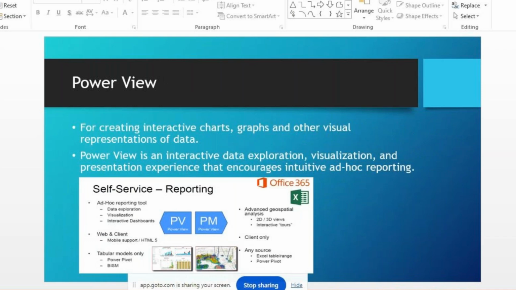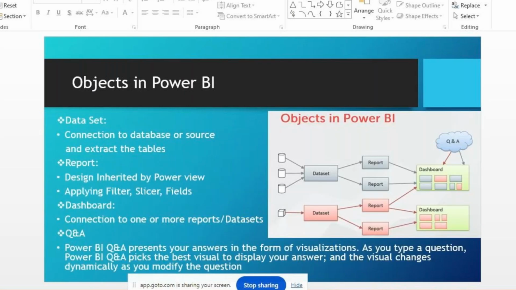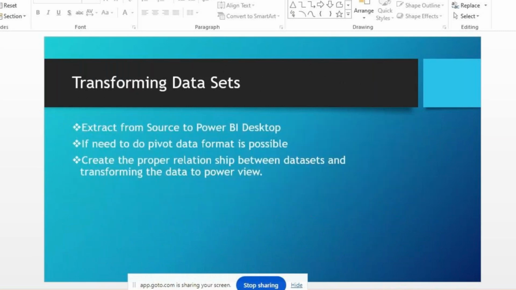It will cover all the Power BI related things: Power Map, Power View, Power Pivot, Power Query, all the parts will be covered here. Okay, and including the Power BI life cycle. So what is the basic in the Power BI life cycle? Okay, how we are connecting to the data source in Power BI, and what the differences are between the direct mode and the import options. Okay,